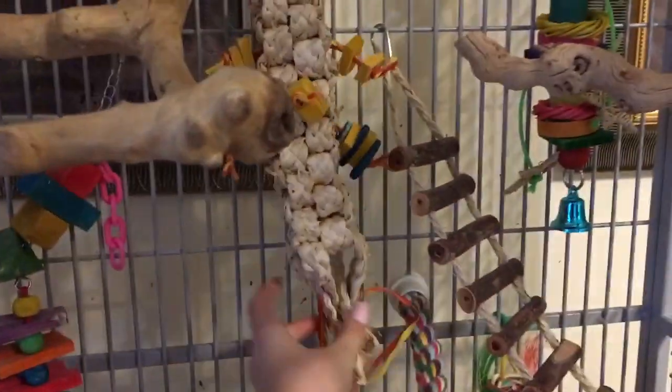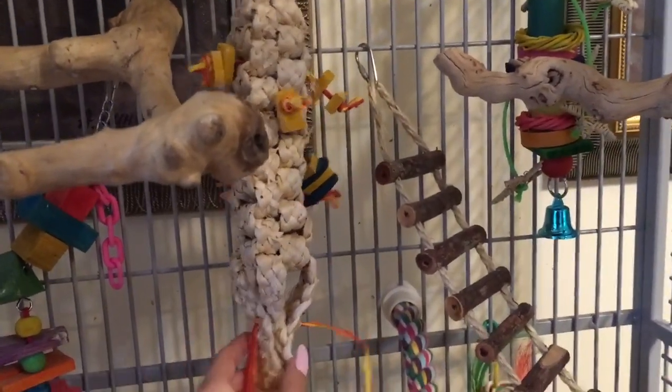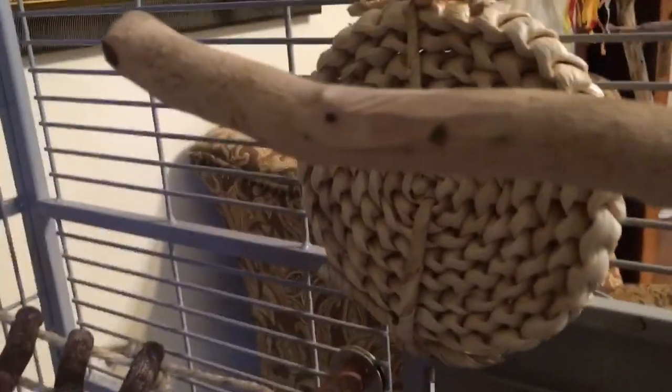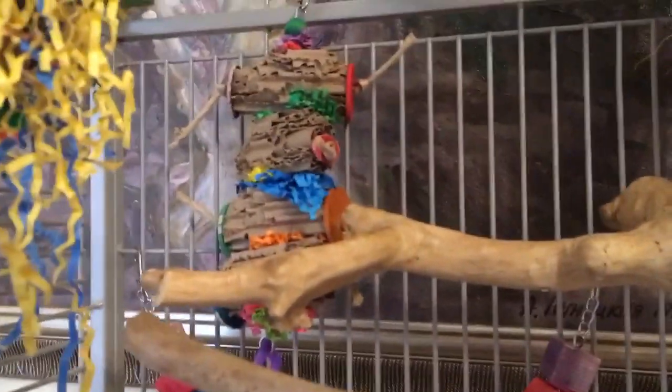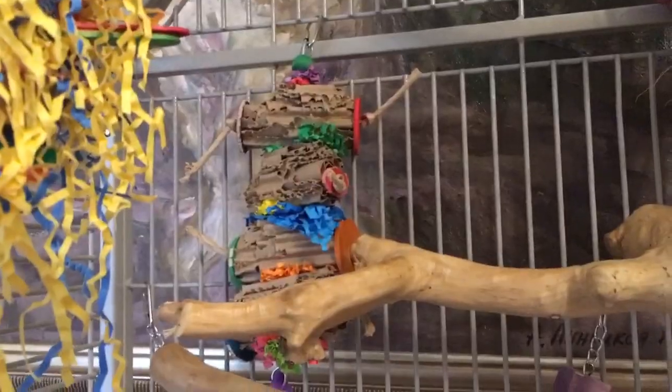There is this toy, which is woven out of seagrass and also has some wooden blocks and is made of the same material as this toy over here. And then back over here we have this cardboard toy which he completely destroyed, like ripped it to shreds. And then over here there is another platform deck sort of perch. This one is a corner perch and he uses it a lot to beg to come out of the cage